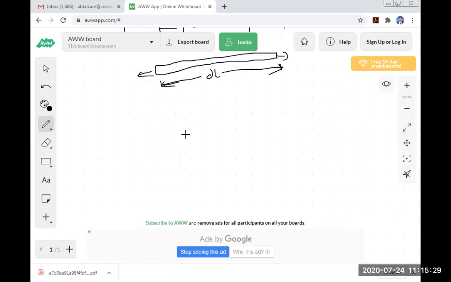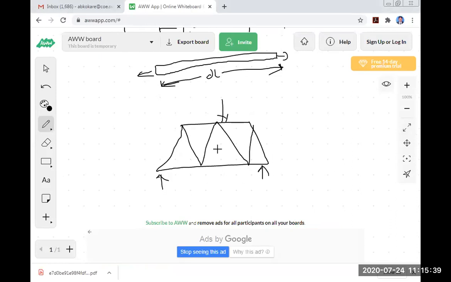Okay. If we consider this type of truss like this, and the force, so this truss is under loading condition in tension. So in this part tension is there. So these members 1, 2, 3, and sometimes due to this force, these 2 members 4 and 5 also. So these 1, 2, 3 and 4, 5 members are always in tension.